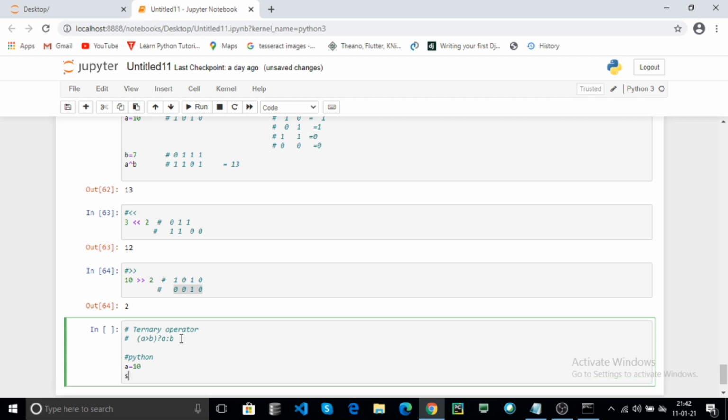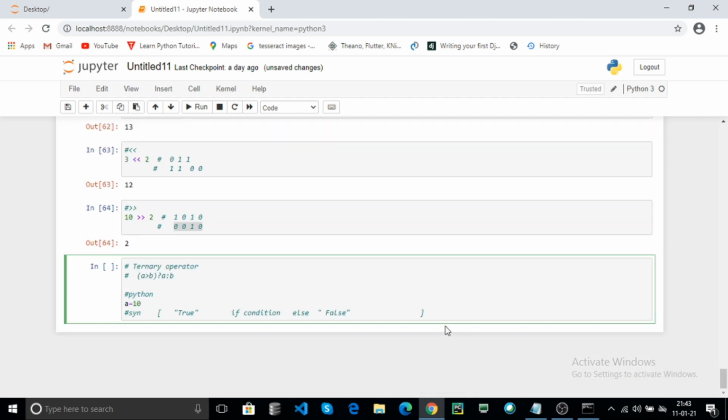The syntax of the ternary operator is: if the condition is true, the left side data will be executed. If the condition is false, the else part data will be executed.